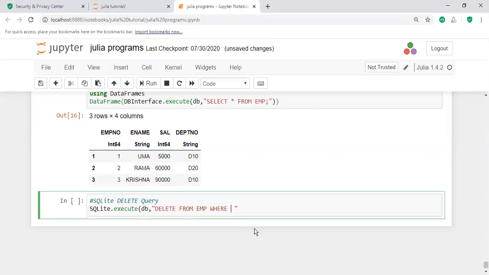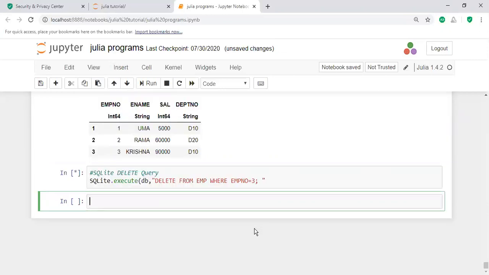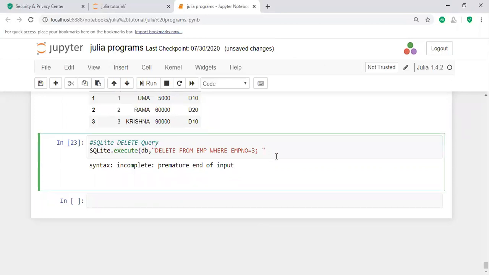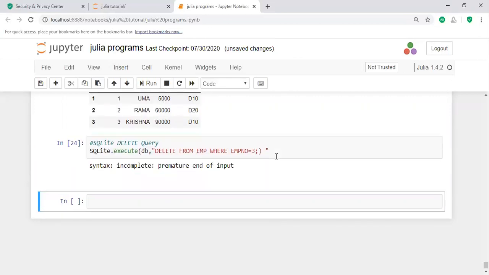WHERE EMP number equal to 3, ending with a semicolon. Okay, I need the bracket here. Execute. Why is it taking so long?